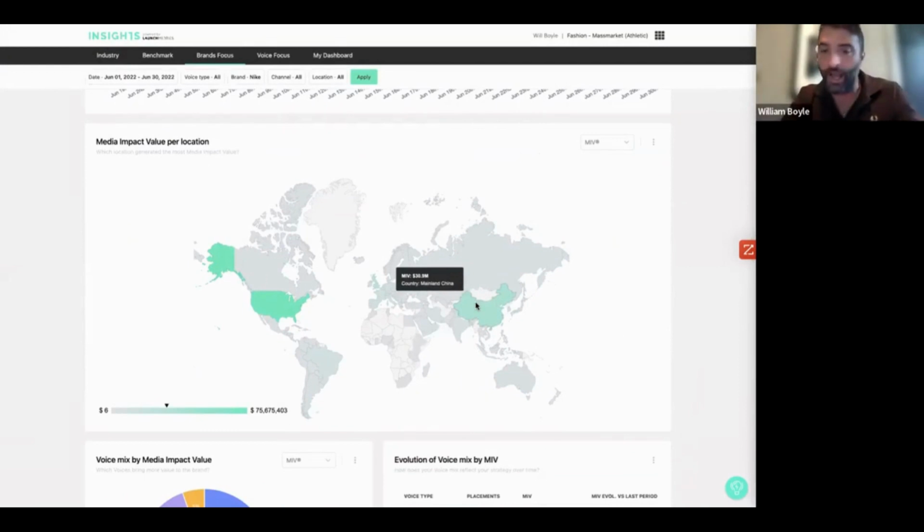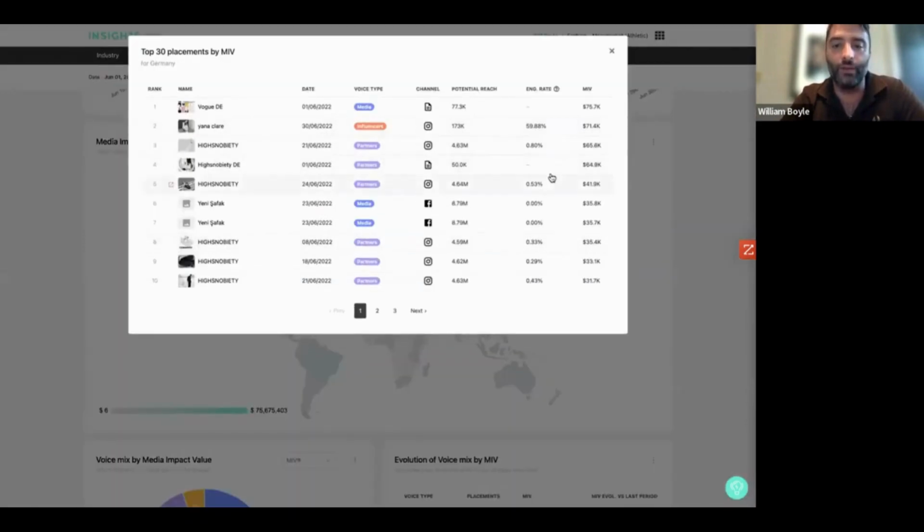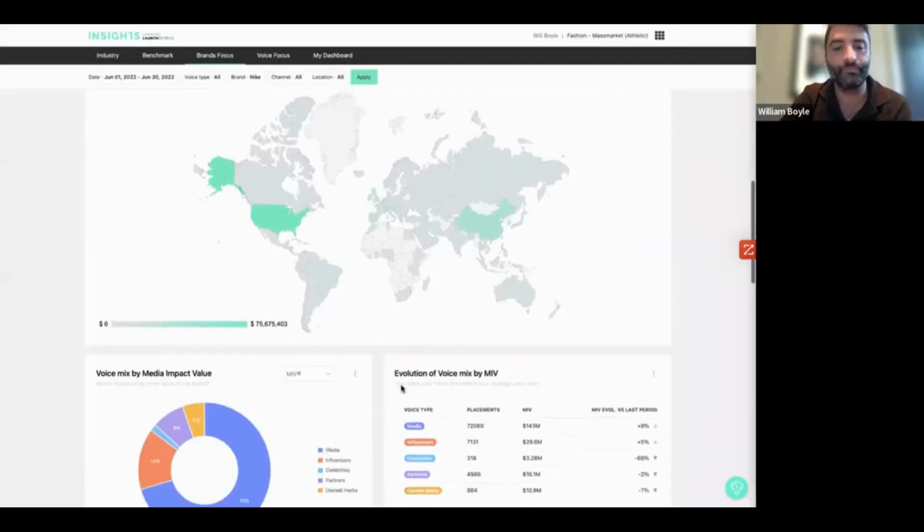We can see heavy in mainland China, which probably isn't too much of a surprise, along with really strong media impact value being driven by the United States. But I can see here in some other lighter colors in smaller countries, the same sort of value being driven in each one. And of course, I'm able to click through and view those individual placements for each country.